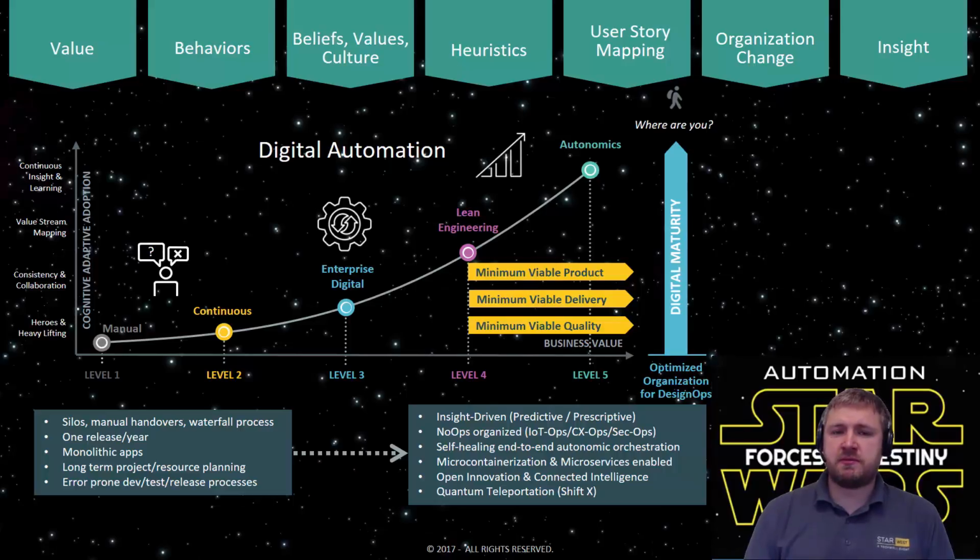It might morph off platforms such as SAP to Oracle and then back onto another CRM dynamically, based on what's best for the customer and what we're trying to achieve. Some of the technologies we talked about before, such as micro-containerization, much more microservice architecture, a lot more open innovation and connected intelligence, where you're starting to connect these items together.